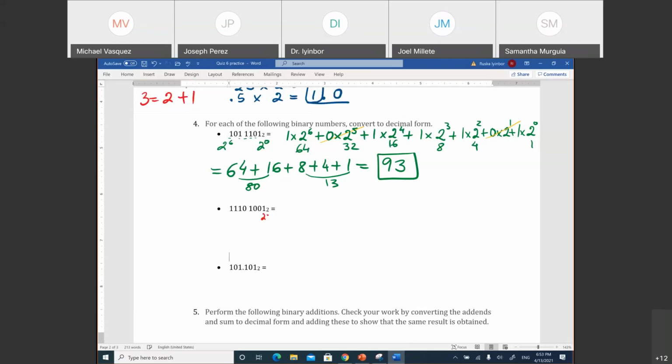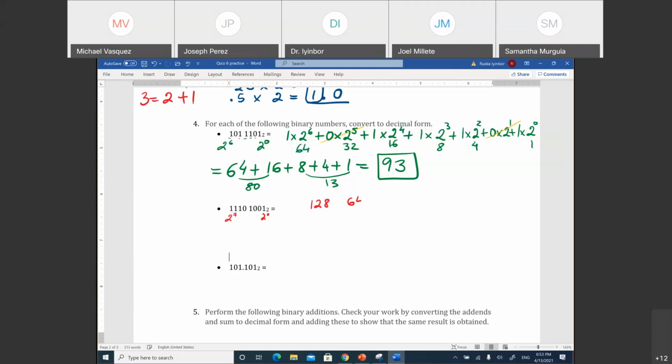So just kind of get the idea how many digits you need. 2 to the 0, 1, 2, 3, 4, 5, 6, 7. So this is 2 to the 7. Okay. So 2 to the 6 is 64, right? And 2 to the 7 is 128. So you're going to start with 128,